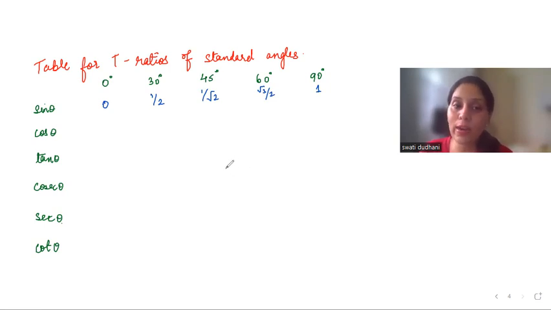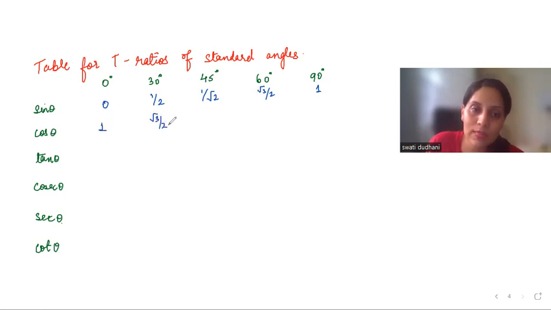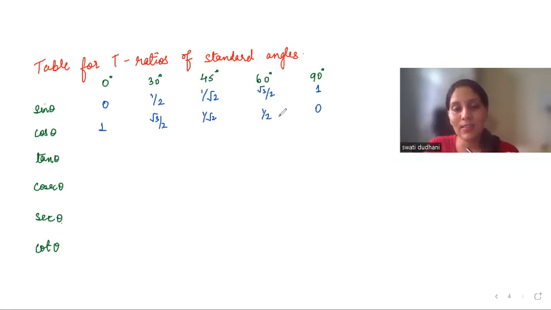This line you should remember. Now, how do I write cos? Cos theta is just the opposite of sine. I'm just going to write it from the back. So this one I will place here. Root 3 by 2 I'm going to place here. 1 by root 2 will be here itself. Half is going to be written here and 0 is here. So I just wrote sine in reverse, and you will get cos theta.